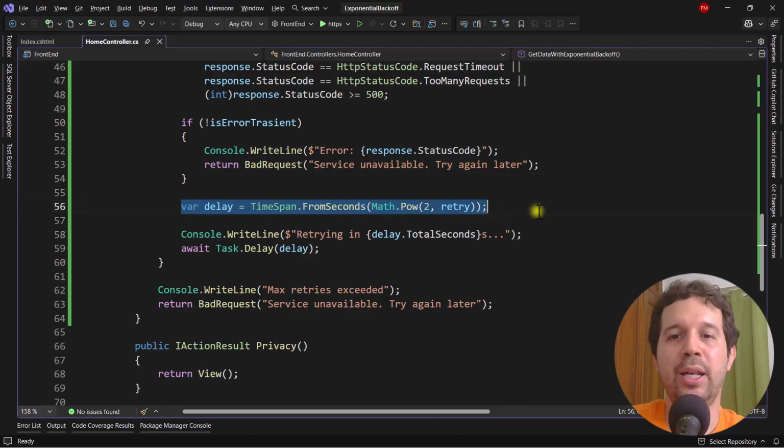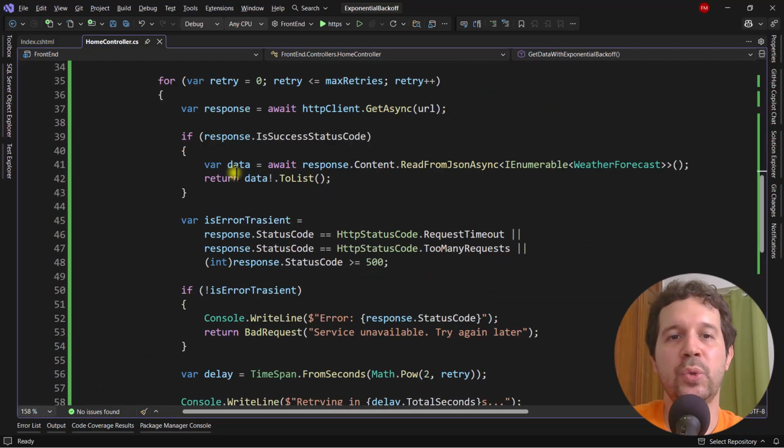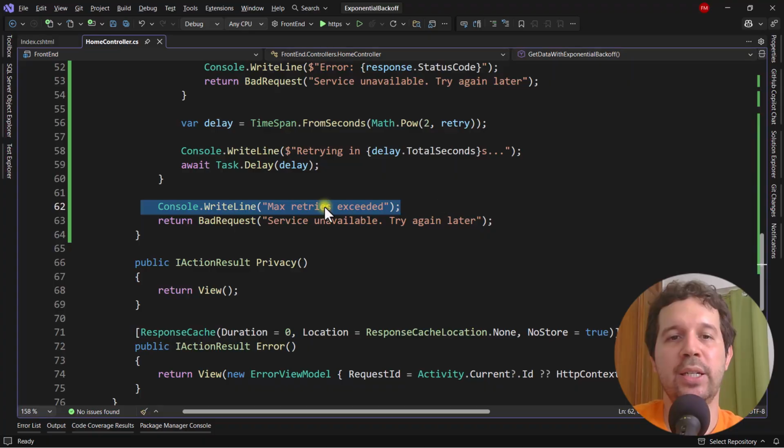Otherwise, we compute the delay, and as I mentioned, that delay is going to increase with the number of retries. In this case, we have 2 to the power of retry. For example, 2 to the power of 0 is 1, 2 to the power of 1 is 2, 2 to the power of 2 is 4, etc. And then we write retrying here in the console and await Task.Delay. If in the end we go over these max retries, then we're going to say max retries exceeded,